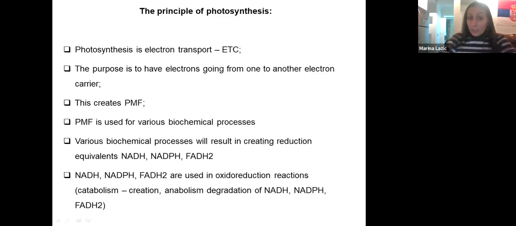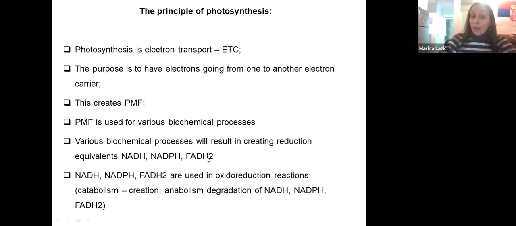The full principle of photosynthesis is nothing else but an electron transport chain, ETC, with slight modifications. Pretty much as we have oxidative phosphorylation, which is an electron transport chain, photosynthesis is photophosphorylation, which is also an electron transport chain. The purpose of any electron transport chain, including photosynthesis, is to have electrons going from one electron carrier to another, which will create proton motive force. Electrons are jumping from complex to complex, protons are pumped across the membrane, and that pumping of protons creates a gradient, which is proton motive force, later used for